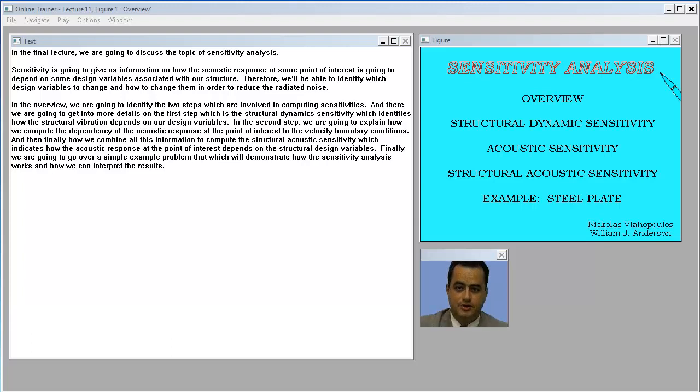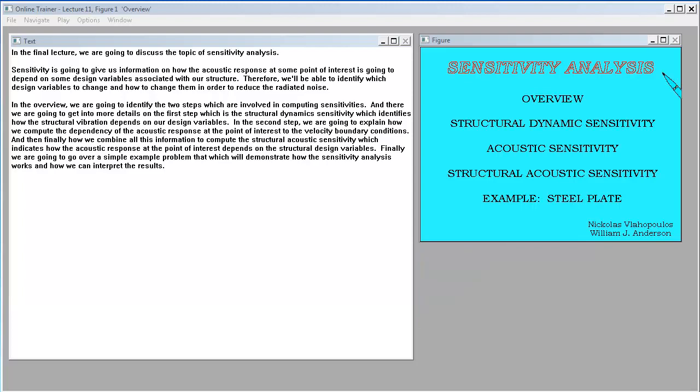In the final lecture, we are going to discuss the topic of sensitivity analysis. Sensitivity is going to give us information on how the acoustic response at some point of interest is going to depend on some design variables associated with our structure. Therefore, we'll be able to identify which design variables to change and how to change them in order to reduce